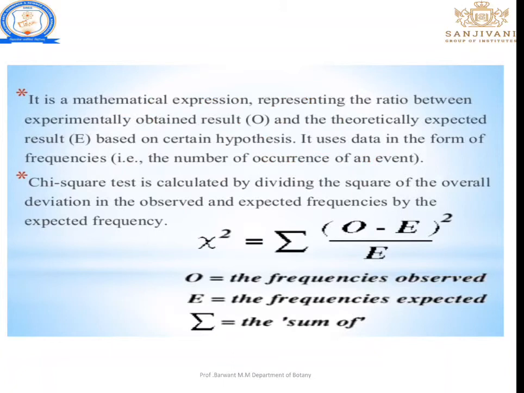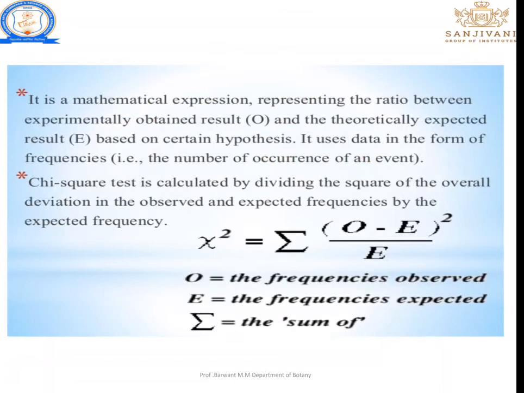It can be used in the form of frequencies, the numbers occurring in data. The chi-square is calculated by dividing the square of the overall deviation of observed from expected frequency by the expected frequency. Simply, we have to remember the formula. Chi-square is equal to the sum of all observed value minus expected value, squared, and divided